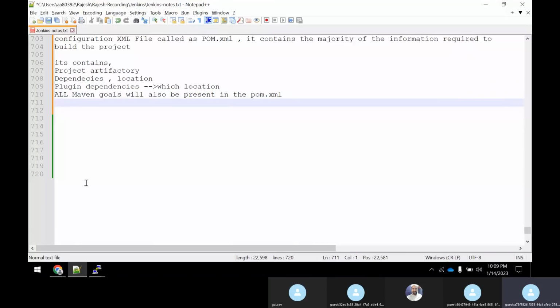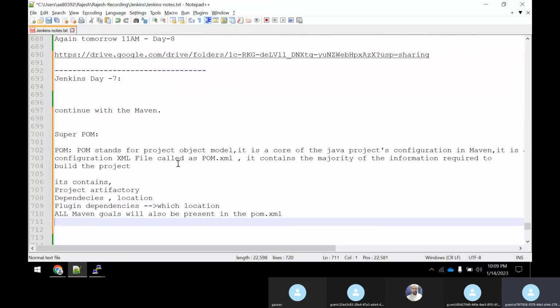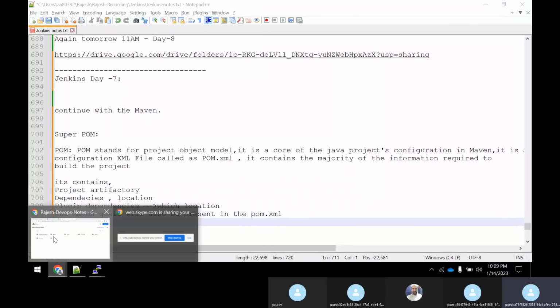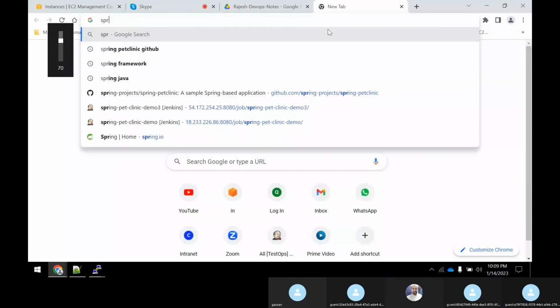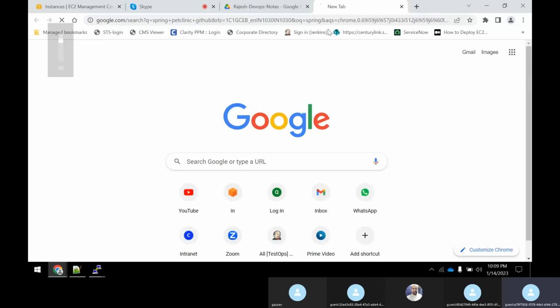But there is something known as a super pom. What is a super pom? You could say, Raju, is the super pom a parent of all the poms? Yes, it's a parent of all poms. So there are many poms. For example, if you go to the Spring Pet Clinic, now if you go to this project,